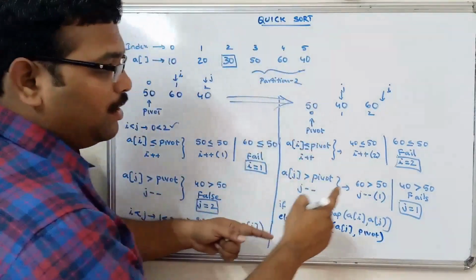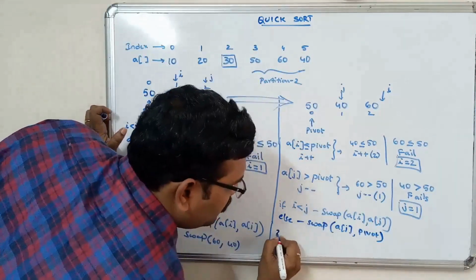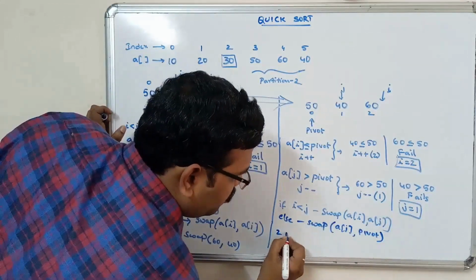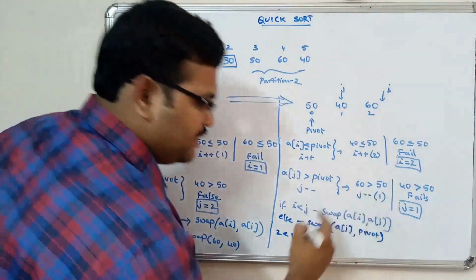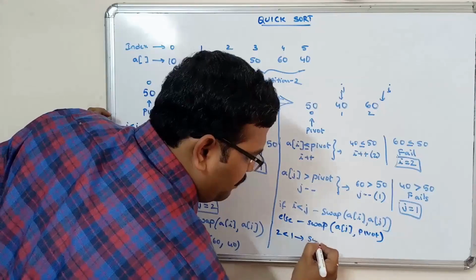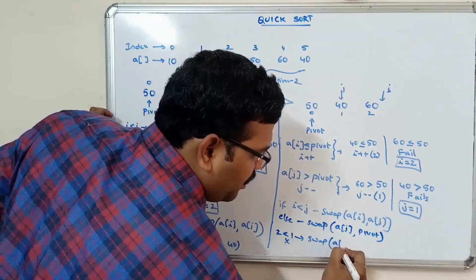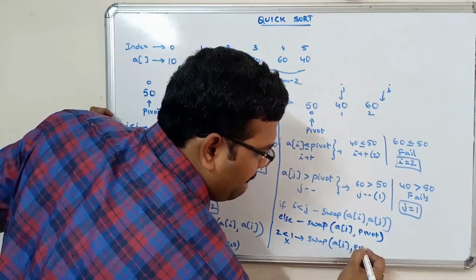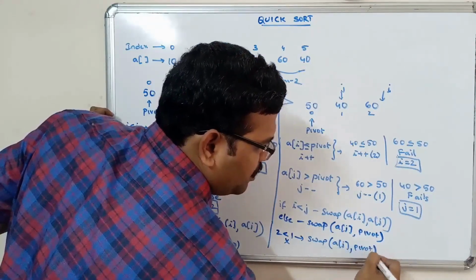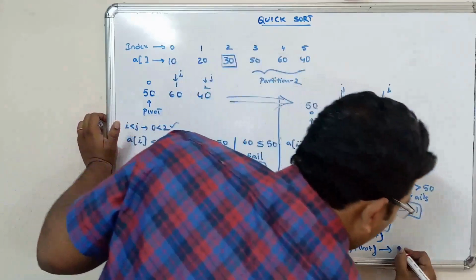Right. Now here I is 2, j is 1. 2 less than 1, false. So we have to swap, false condition, swap A of j comma pivot, which is nothing but